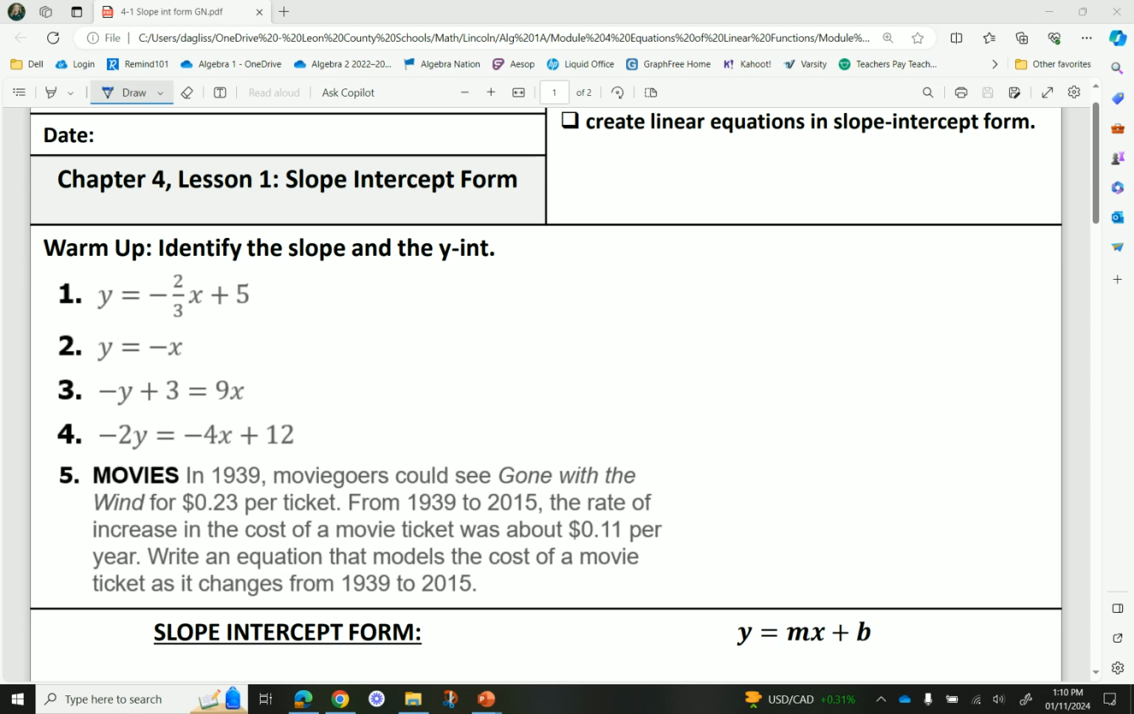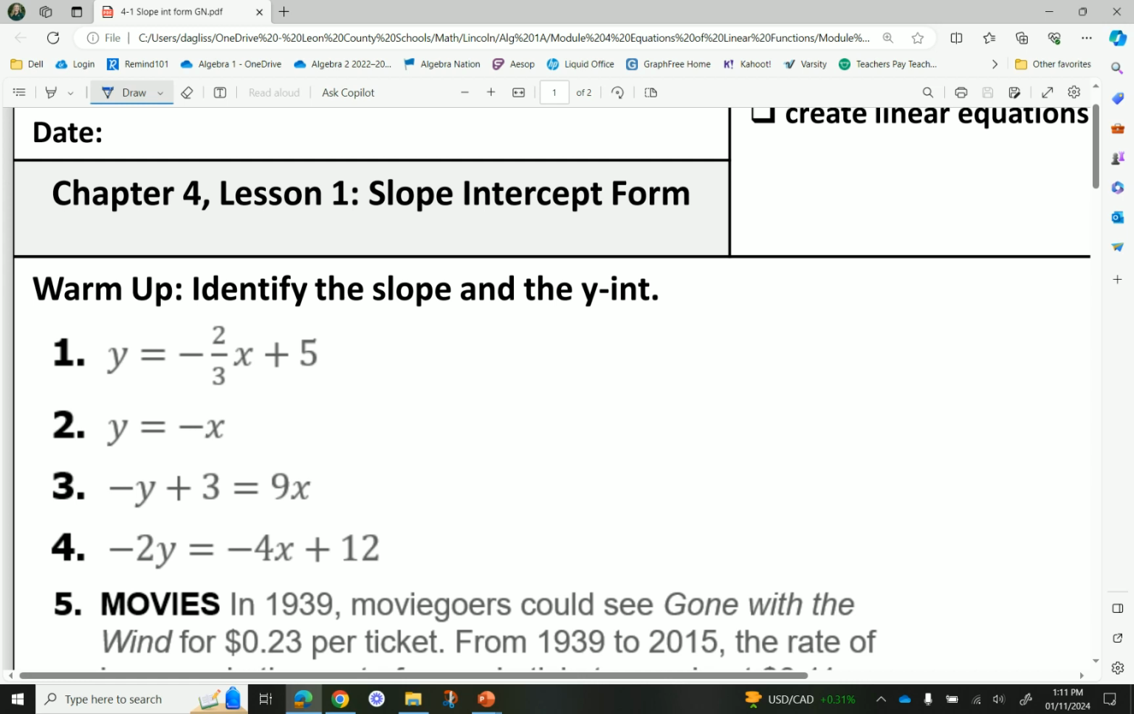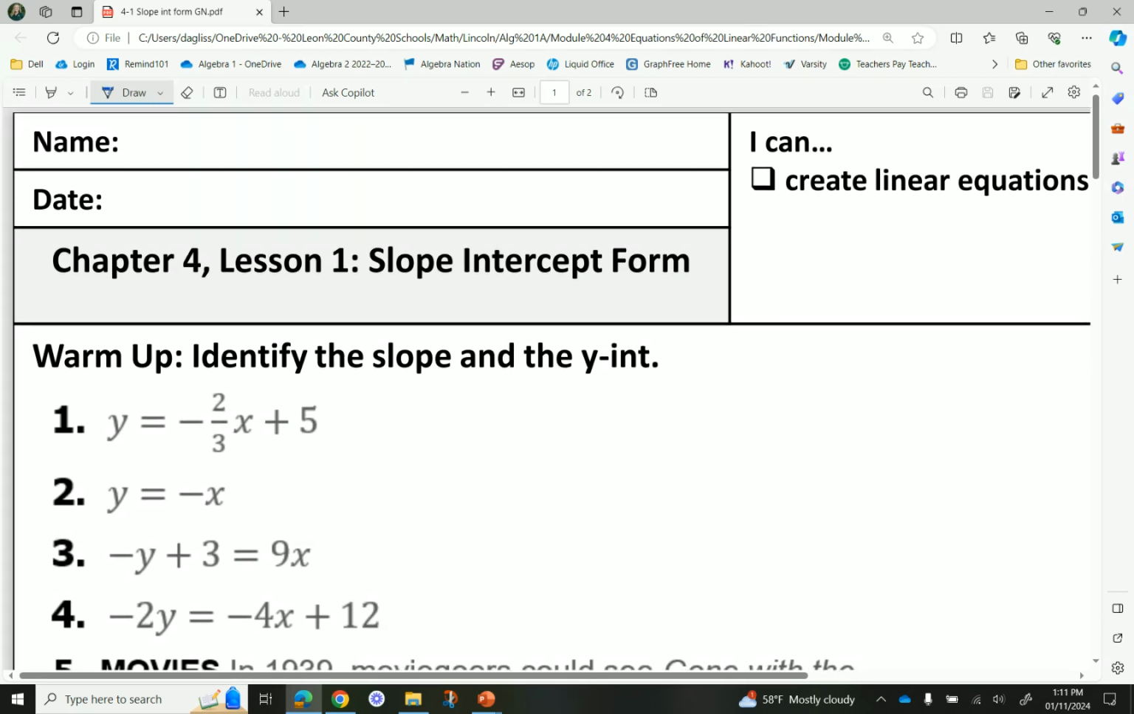Okay? If I gave you the equation y equals negative 2/3 x plus 5, what is the slope of that line? What is it? What is the slope? Negative 2/3. Good. Remember, what's the equation? Y equals mx plus b, right? Which one of those is the slope? The m or the b? My m. And then the b is our